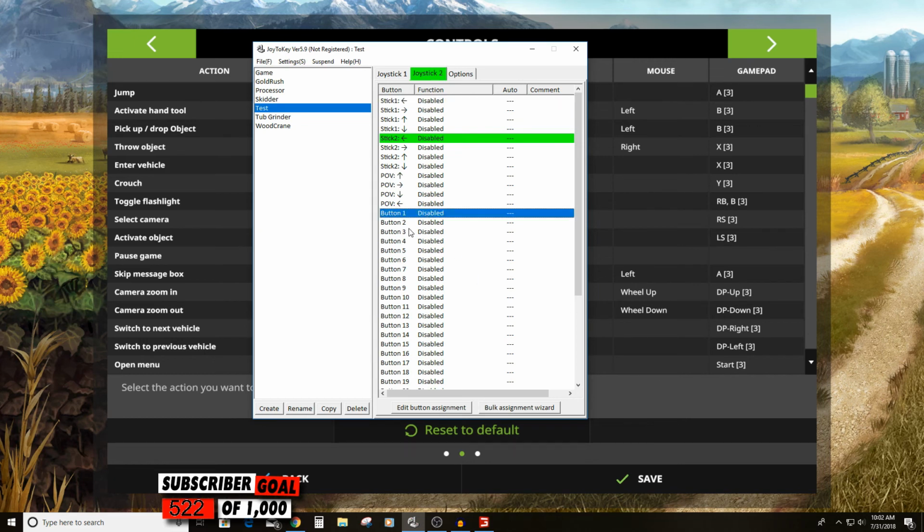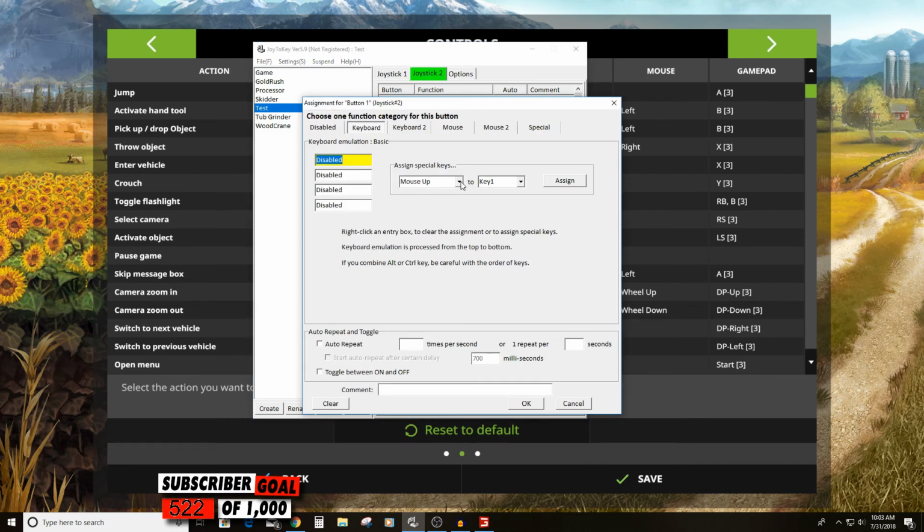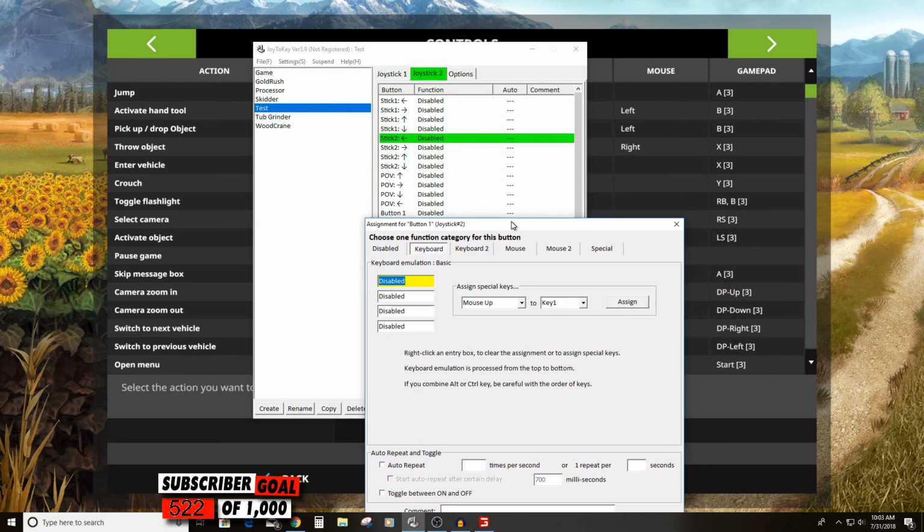Okay, so let's look here at, I'll put my cursor right above button 1. Button 1 is my trigger on my left joystick. So let's say for some reason I wanted to map that to the cut function, let's say on a processor. Alright, so what you do is you figure out in Farming Simulator what operates the cut function. Usually it's X. Alright, so what I'm going to do is you double click on button 1, it pulls up